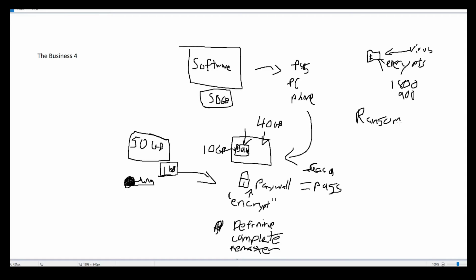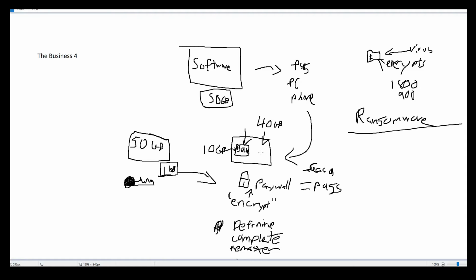It's called a ransom when you have to pay money for something that you already own or already have in your possession. It's called ransomware when it's like a software version of the same thing. You own something and it's in your possession, but then somebody says, well, you can't use it unless you pay me money. You don't get access to the 40 gigabytes that's already on your hard drive.